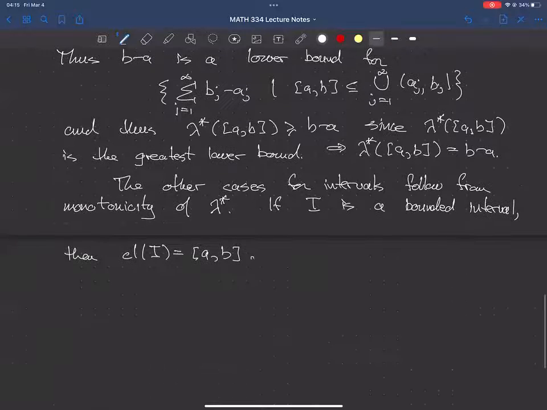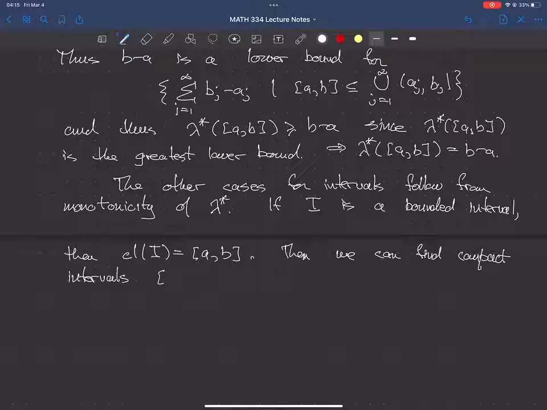Then we can find compact intervals, let's say [c1,d1] and [c2,d2], such that